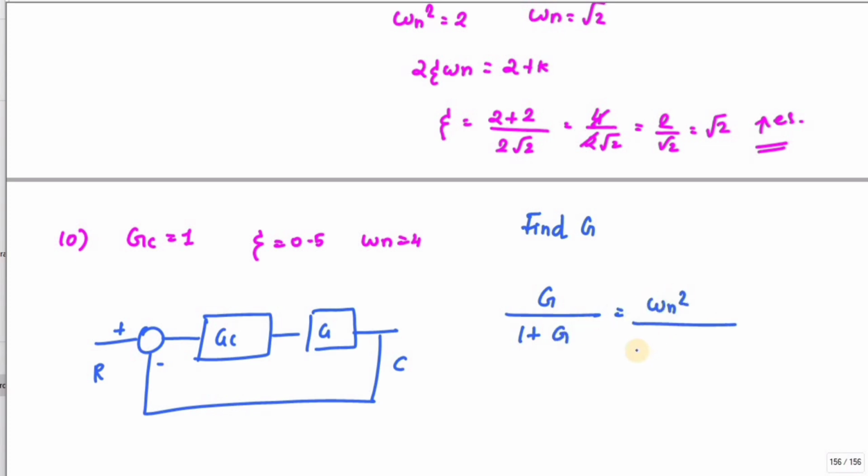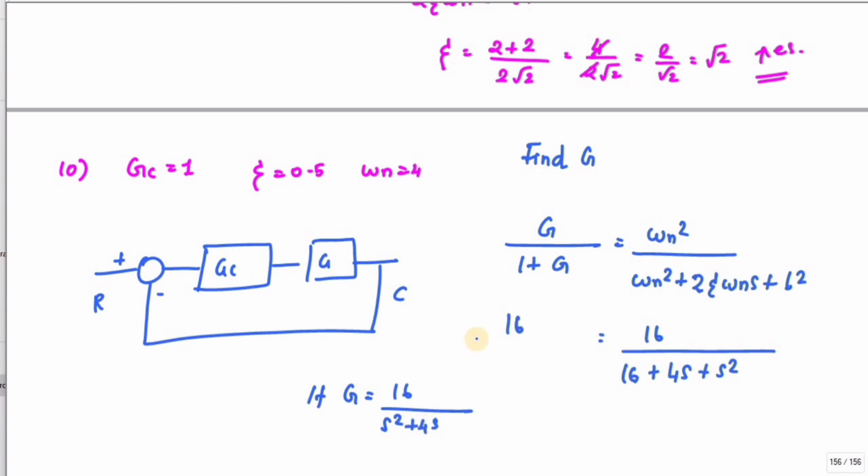Okay. So I will get 16 divided by 16 plus 4s plus s square. And they are asked to find the value of